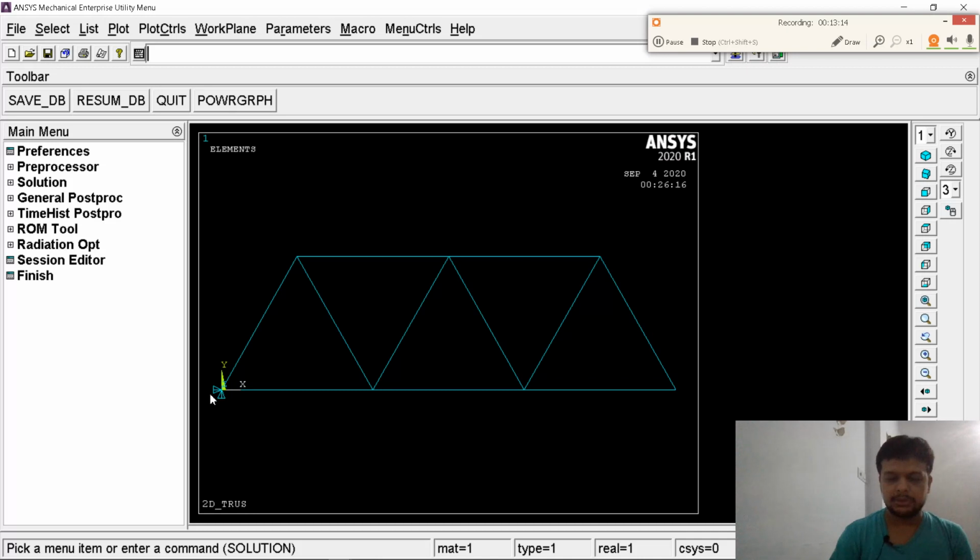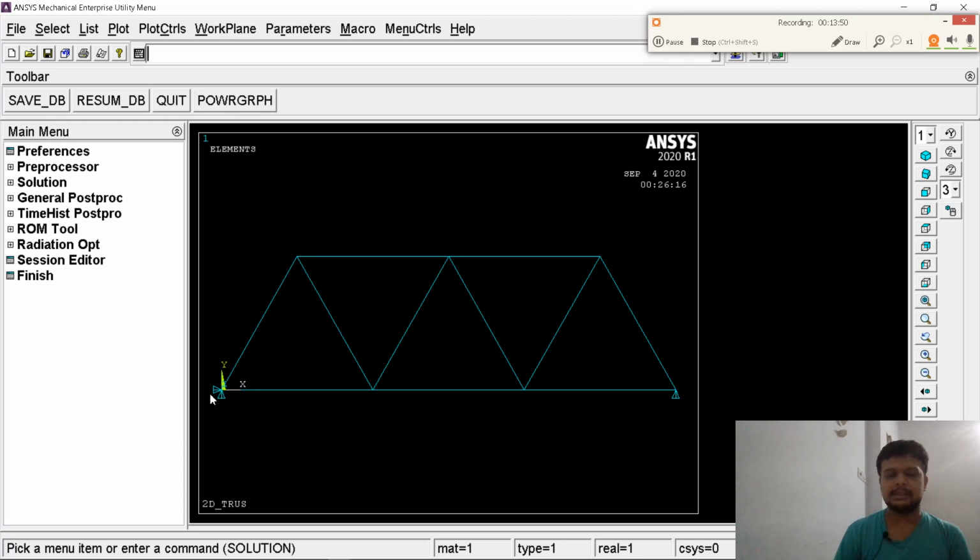Now again we are going to apply degree of restraint on the last key point, that is key point number 7. Only we are going to apply UY0. It means that it can move in horizontal direction but it can't move in vertical direction. So we will apply 1 degree of freedom. You can see that one triangle has been drawn at the 7th point, indicating that it cannot move along the vertical axis, that is the y-axis, but it can slide along the x-axis. We will see this effect after applying load and solving the question.